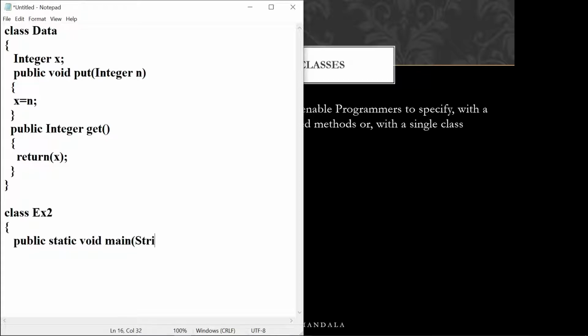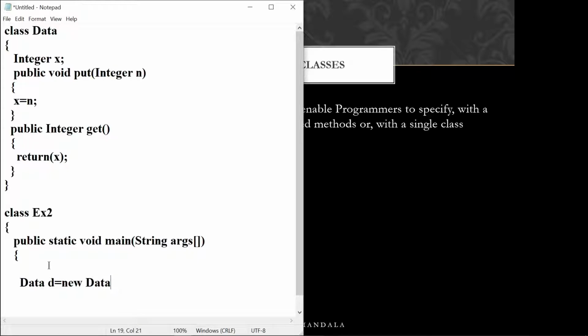If you want to call these methods, the normal approach is to create an object of this class, and by using that object we call the methods, isn't it? So I'll create an object of Data. Let us call the object d equal to new Data.